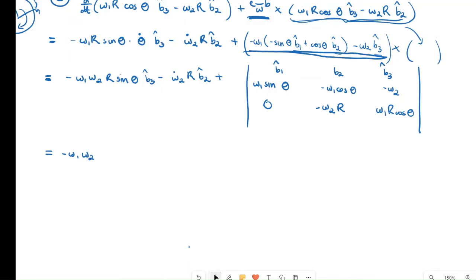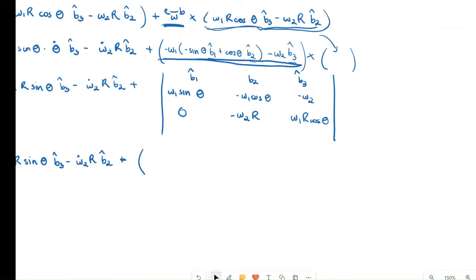Okay, actually it's fine. So sine theta b3 hat minus omega 2 b2 hat plus, so this becomes,